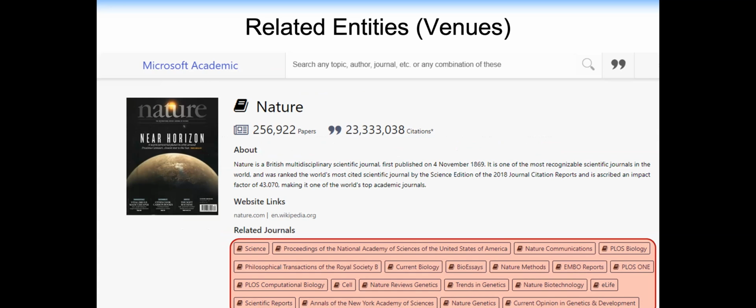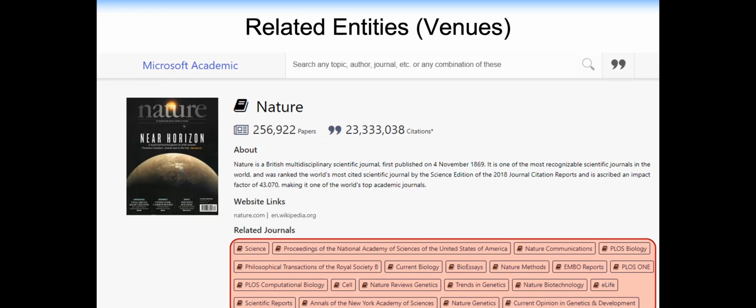Say, entity recommendation in the academic domain. Say you are interested in the Journal of Nature. What are the most similar journals to Nature, right? We can see through the knowledge graph, it tells you Science, PNAS, and Nature Communications plus biology are the most